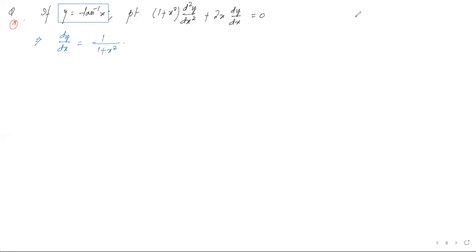So first time derivative gone. Now if we wish to differentiate for the second time, we can do it analytically. जैसे हम कर रहे हैं, right hand side में क्या अप्लाई करना होगा, हमें quotient rule अप्लाई करना होगा. But यहाँ पे एक छोटा सा गेम प्ले हम कर सकते हैं. As you can see the proof part. Proving में 1 plus x square is there in the left hand side.